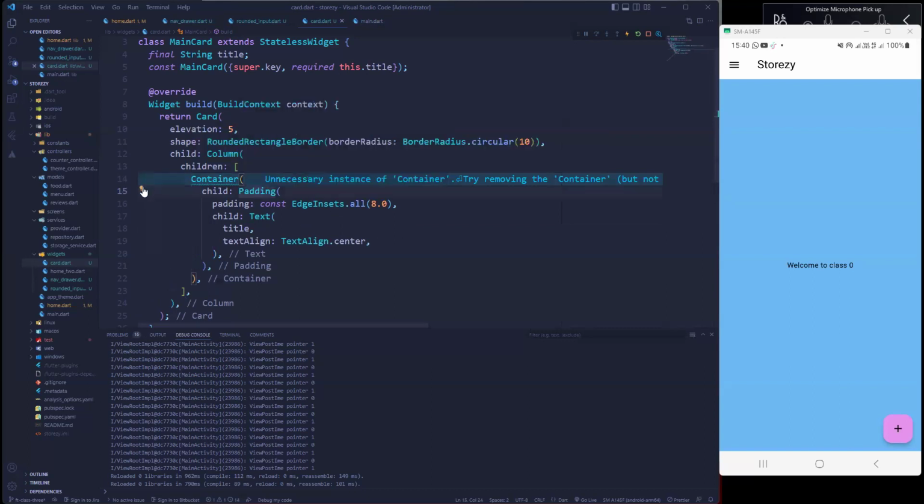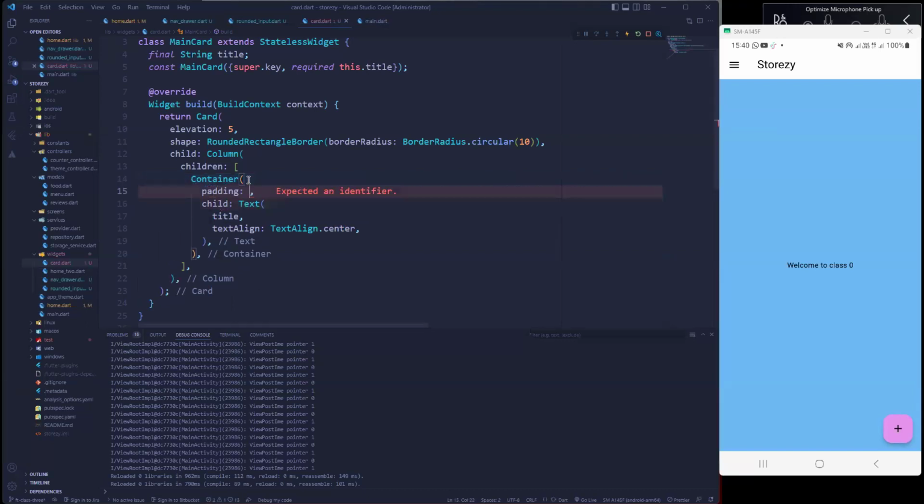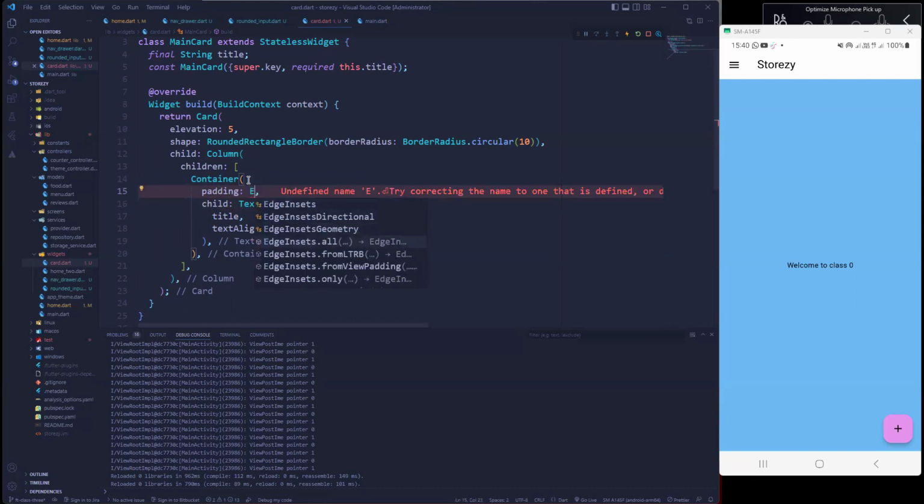So instead of doing both of them, padding is also a property of the container. So I could just remove the padding widgets, and then the container has padding. So there's no need having that kind of